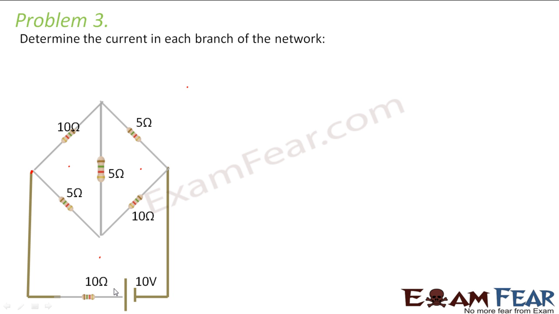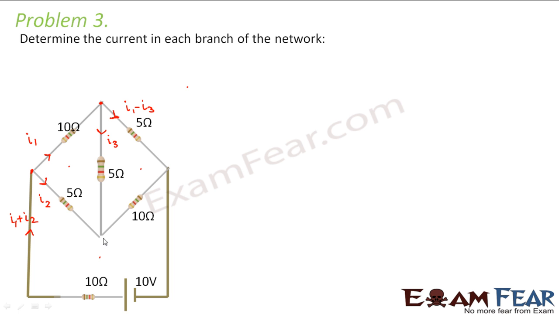So this is my battery. Let us suppose that some current, we call it I1 plus I2, comes from this battery. It reaches this point and gets distributed as I1 along this direction and I2 along this direction. This I1 reaches this point and from there some I3 comes in this direction. So what will go in this direction? It will be I1 minus I3.